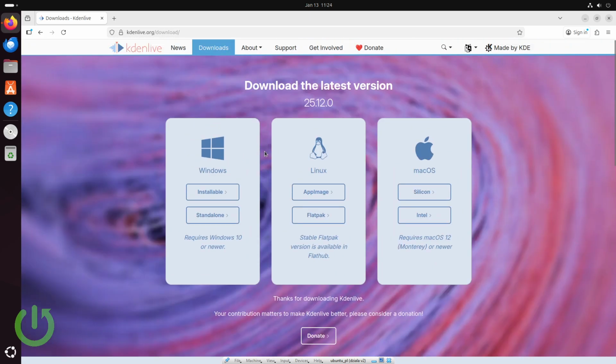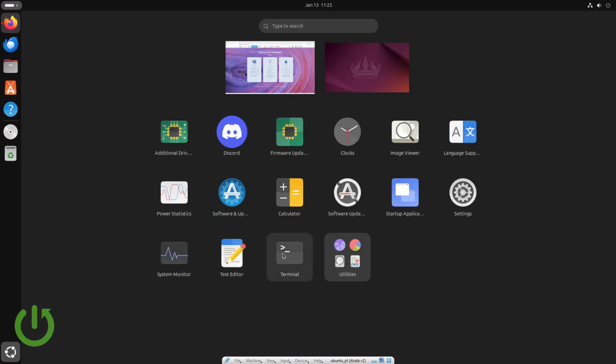You have some options. For Linux, you can use AppImage and you can use Flatpak. If you don't know how to use Flatpak, for example, you can watch my video when I show you how to install Flatpak, and after your Flatpak is installed, you can use something we call Flathub, and from Flathub you can basically install Kdenlive. But in this video I will show you how to install it directly from the terminal,